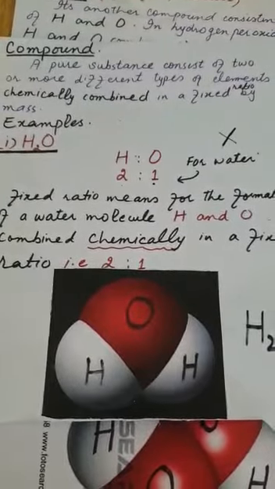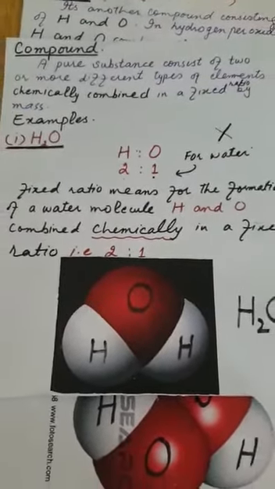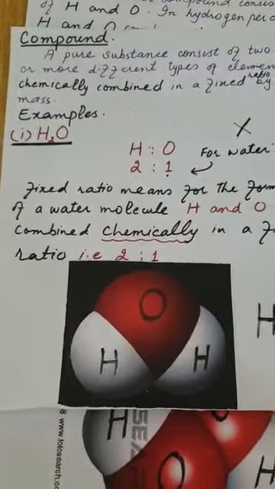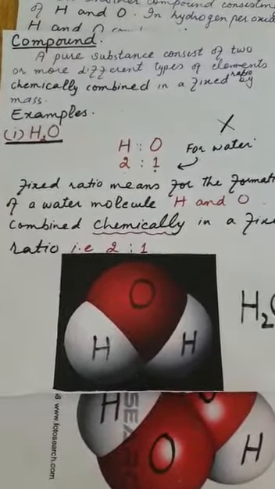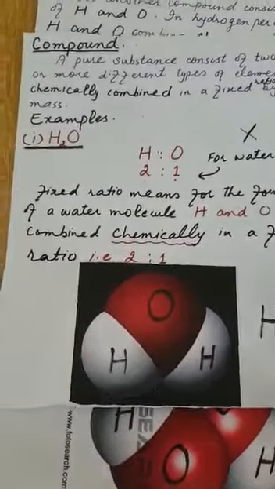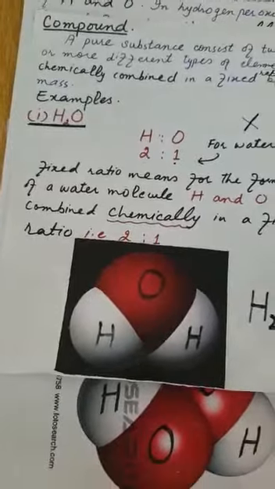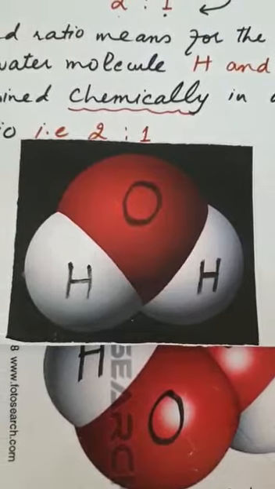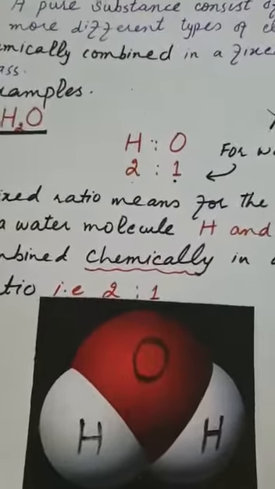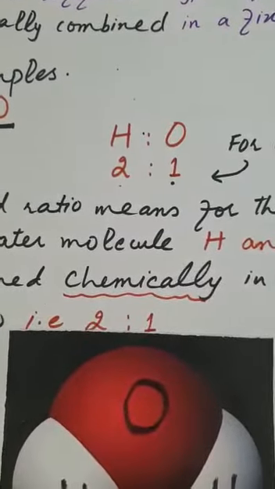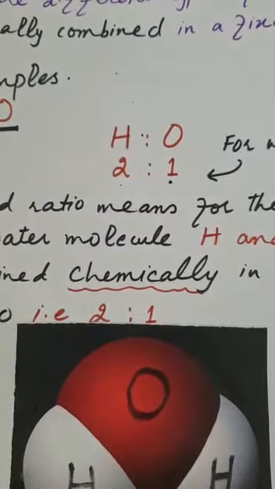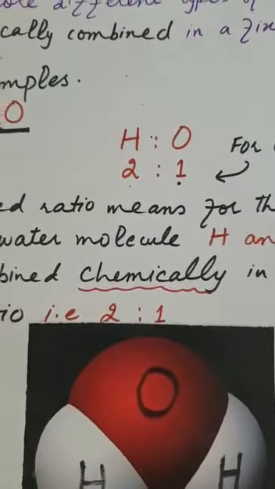We discuss the definition of a compound. It's just a revision of the previous lecture: compounds are pure substances which consist of two or more different types of elements which are chemically combined in a fixed ratio by mass. In this aspect we discuss two important chemical compounds. The first is water, and here we have the structure of a water molecule. The water molecule consists of one oxygen and two hydrogen atoms. So the water molecule consists of two elements, hydrogen and oxygen, which are chemically combined with one another, and the combining ratio will be 2:1 in the case of the water molecule.